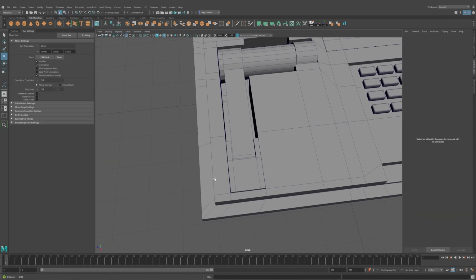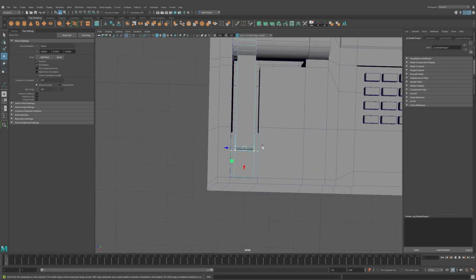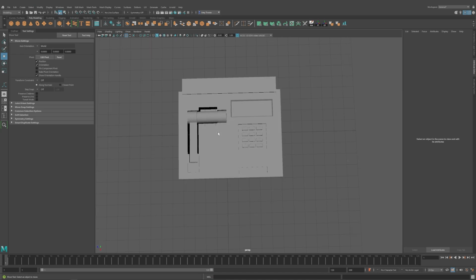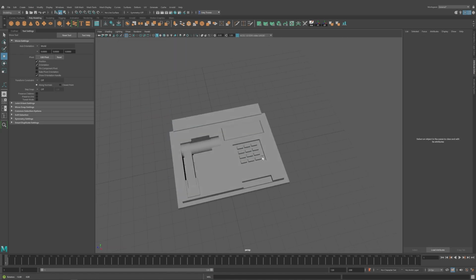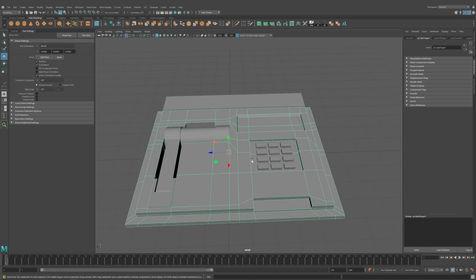Now it's looking a little bit better. We're just going to change the shape a little bit more, but now it's making a little bit more sense. And now we can zoom out and take a quick look at the model. Now the model's looking a little bit better, but as I'm looking back, I'm just realizing it's looking a little